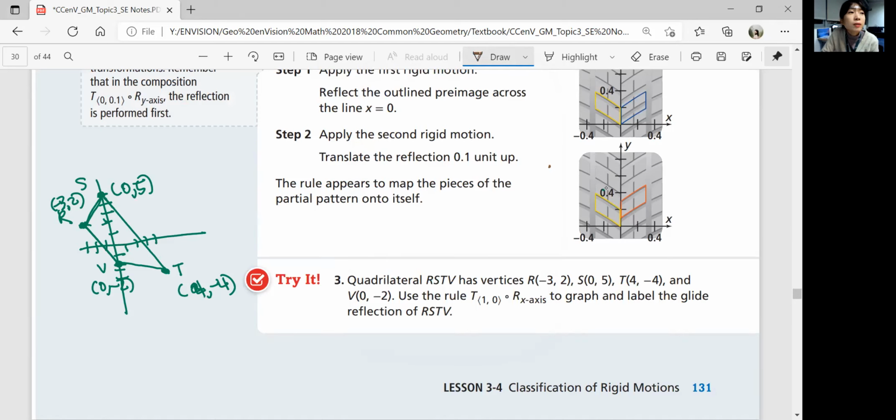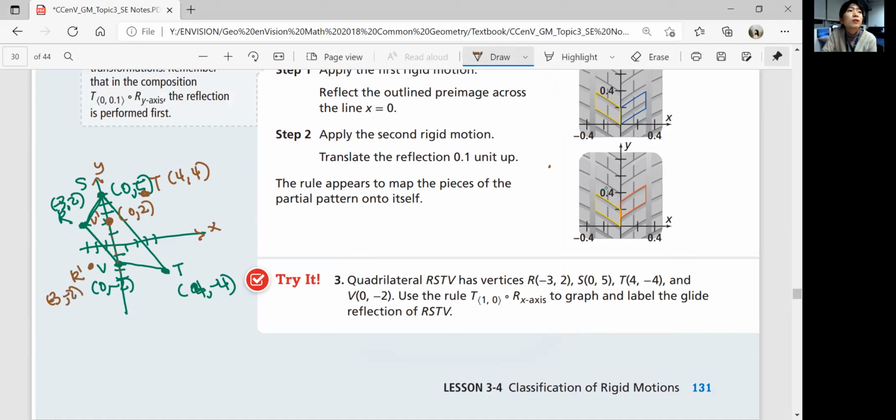So your V prime should be 0, +2. Okay, should be the same distance away from your x-axis. Okay, and then that's V prime. T prime should be 4, +4. T, 4, +4. V, 0, +2. R, -3, -2. R prime,